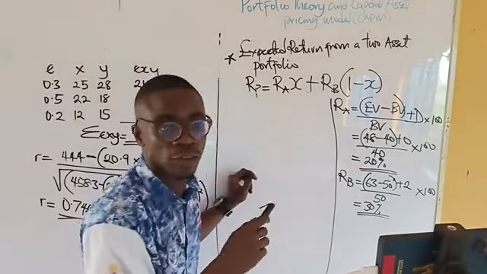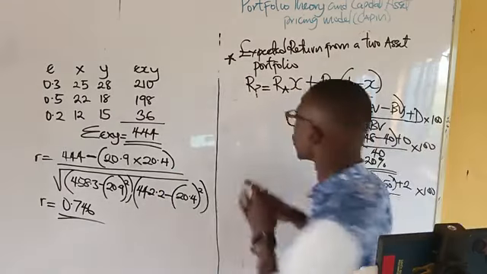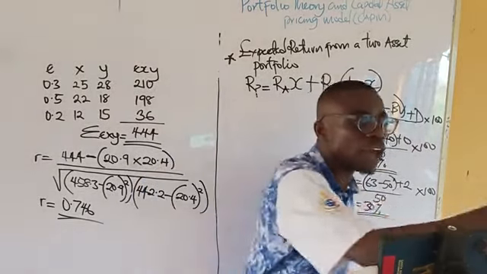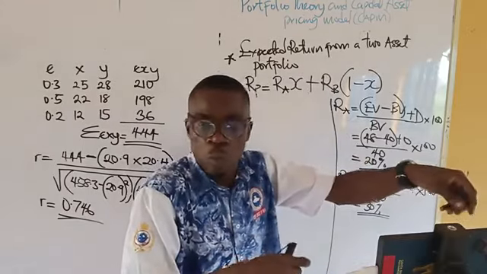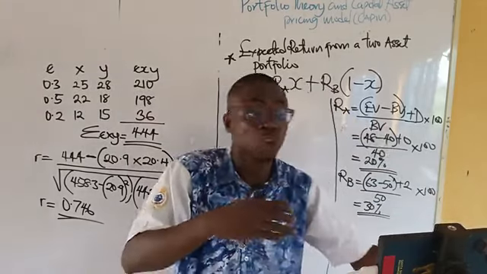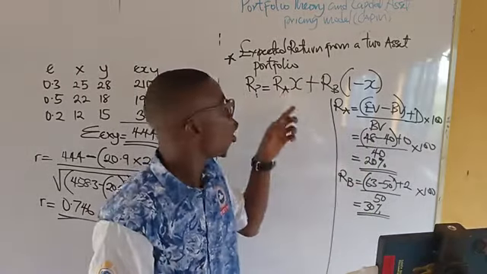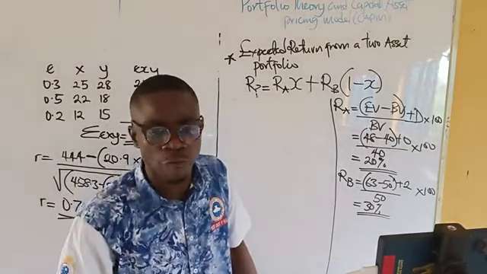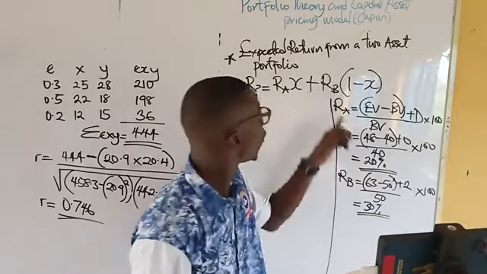RP means the expected return of the portfolio, equals the expected return of the individual investment A. Whatever you put, what are you expecting? What is the return for your investment? That's RA, on A. X means the percentage or proportion of investment in A. Plus